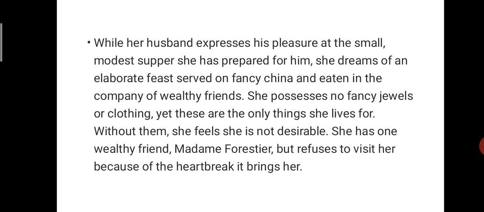She possesses no fancy jewels or clothing, yet these are the only things she lives for. Without them, she feels she is not desirable. She has one wealthy friend, Madame Forestier, but refuses to visit her because of the heartbreak it brings her.